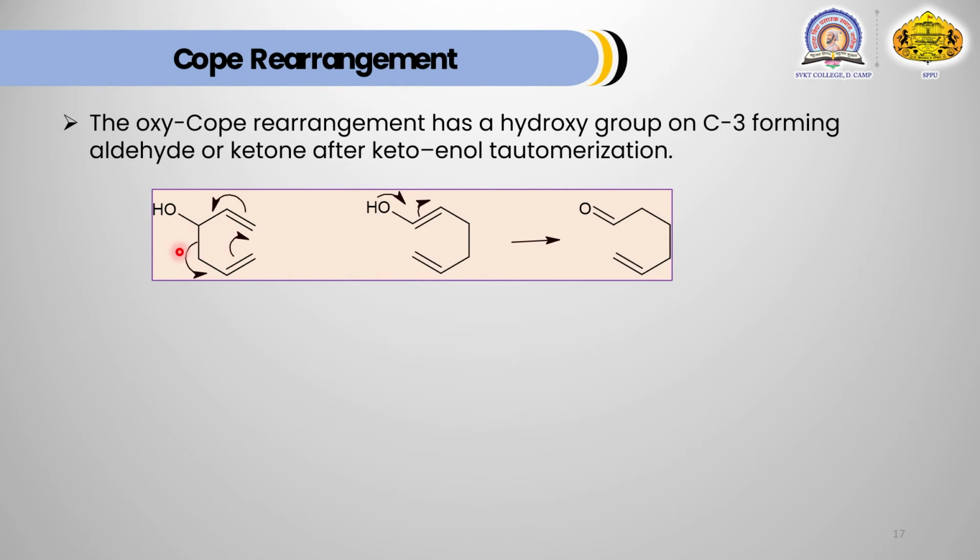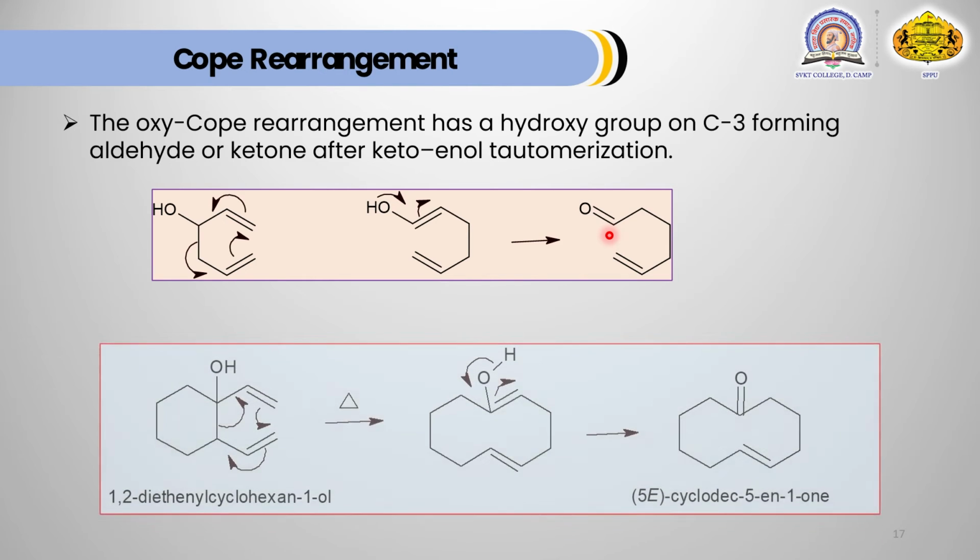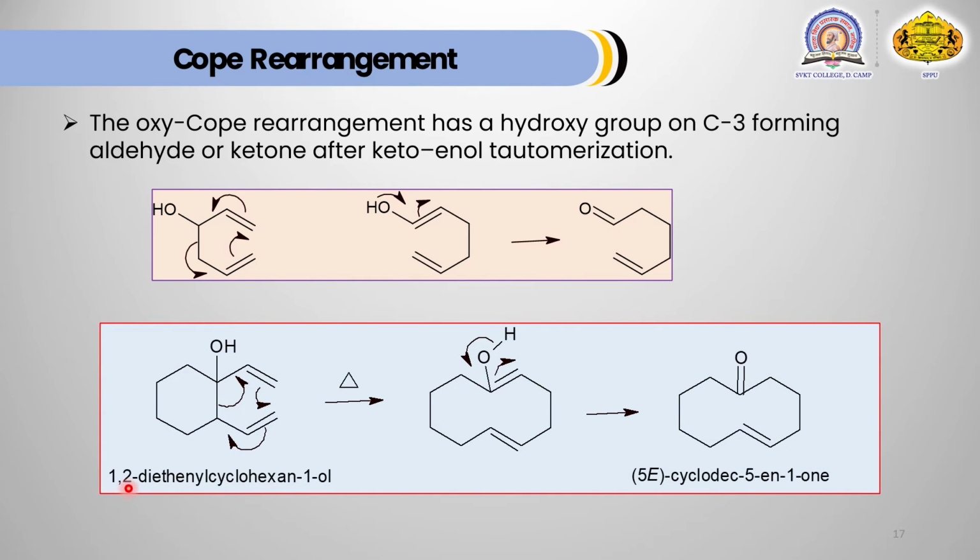Once again, a similar reaction is taking place. Then there is formation of a 1,5-diene. This is also a 1,5-diene, and in this case there is an OH group present. That's why tautomerization is going to take place, and there is formation of an aldehyde as a product in this case. Now this is another example,